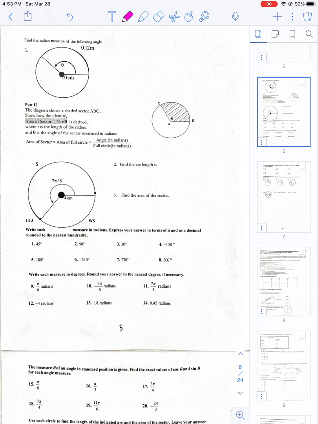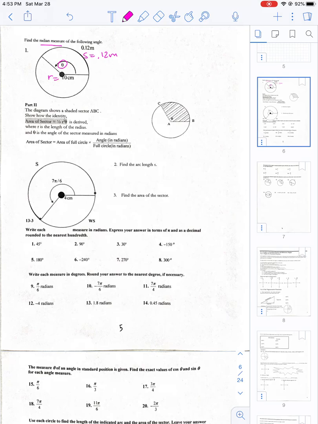Today we'll be looking at arc length and area of a sector. In the given diagram for example 1, you are asked to find the radian measure of the angle, and the radian measure is denoted by theta. They give us that the arc length is equal to 0.12 meters and that the radius is equal to 10